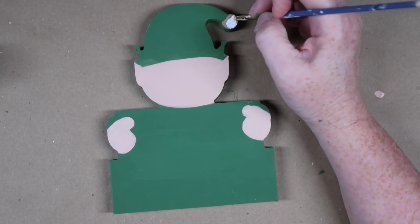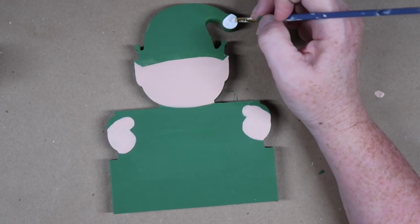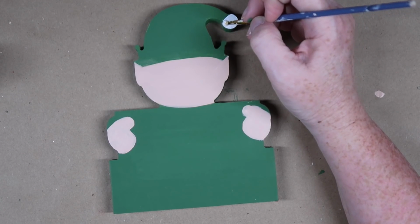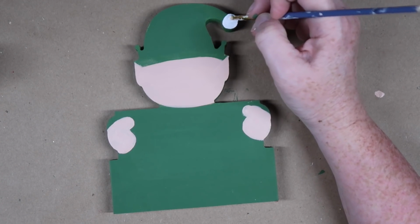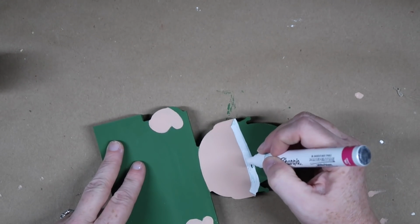Once the face and the hands were all painted, I did end up doing 3 coats of paint on those. I just took some Waverly White chalk paint and filled in this little pom-pom part at the end of the hat. Then I took my white chalk paint pen from Sharpie and I just kind of drew out the brim